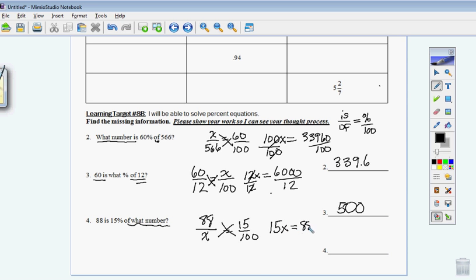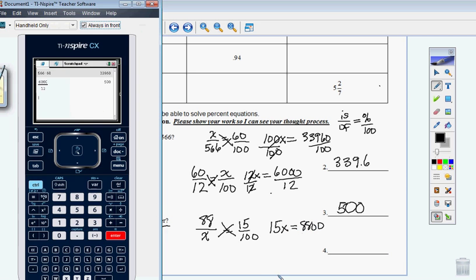equals 8,800. All right, so now all we're left to do is take 8,800 and divide by the 15, and we get ourselves that. Ooh, I don't like that, so I want to actually make that an exact number. What I can actually do, it's different on the screen, but I can hit enter here. When you hit control enter, it comes out to